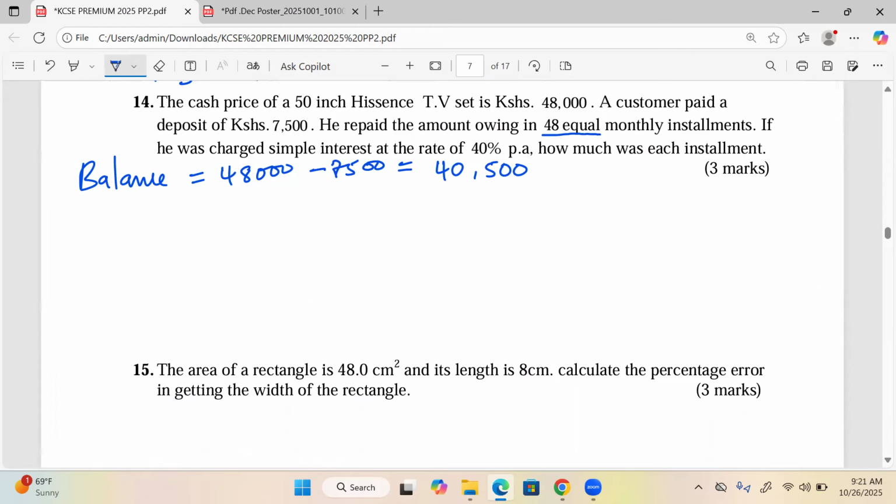That is equivalent to 48 months divided by 12. This is equivalent to 4 years. Therefore, we consider it here as 40% per annum. So we'll say simple interest is usually given by principal times rate of interest times the number of years. So this balance will have earned interest 40,500 times 40% times 4 years. It will have earned 64,800